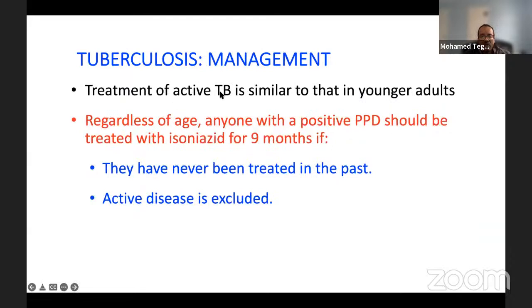Management in the States versus management in the developing countries. Treatment of active cases, which we will cover in detail in the coming slide. But